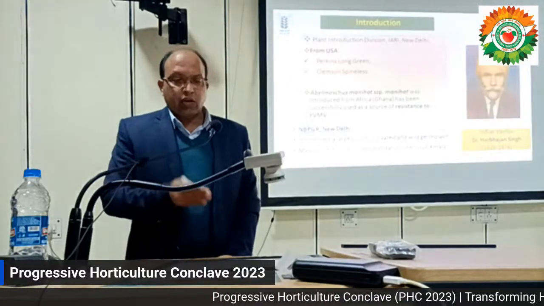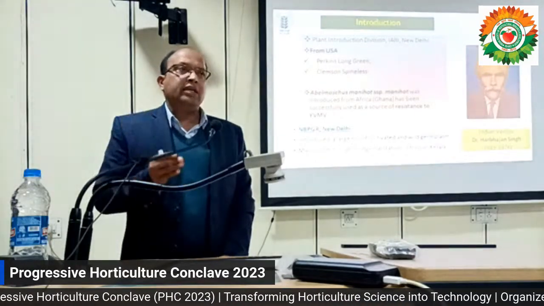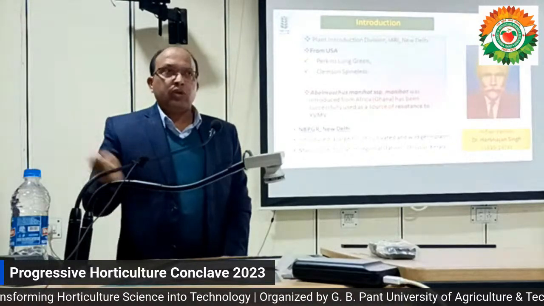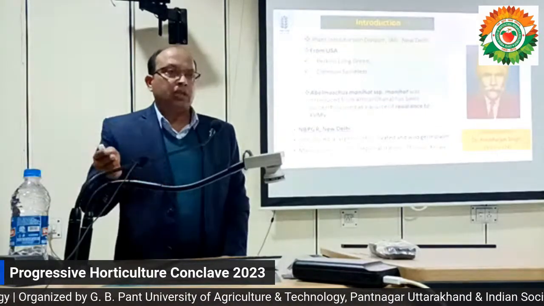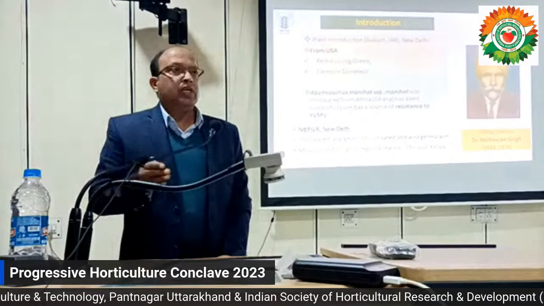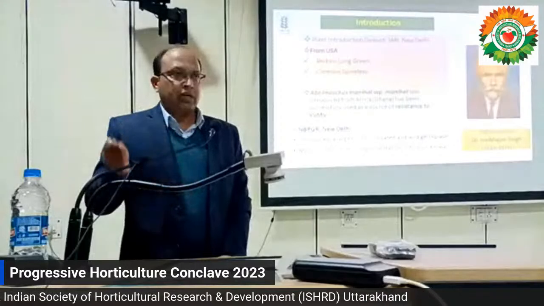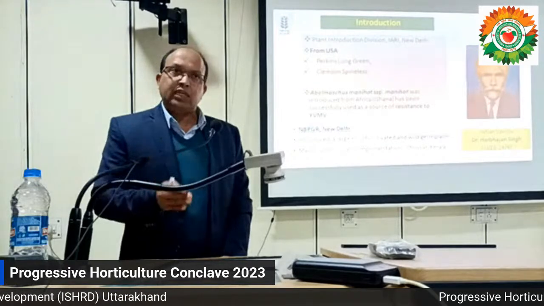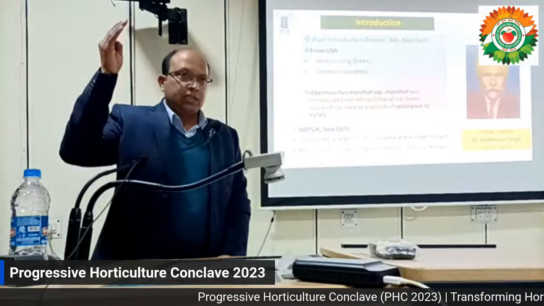If you see okra improvement, Dr. Harbhajan Singh was the pioneer breeder in okra, and he started the breeding of okra in our country. He developed this first variety, Pusa Makhmali. Later on he crossed some genotypes and developed the first YBMV resistant variety, Pusa Sawani. That Pusa Sawani development started many seed companies in our country, especially micro seed companies, which started their business from Pusa Sawani only. They started their business with 2 kg of seed, and now you see the status of the company.